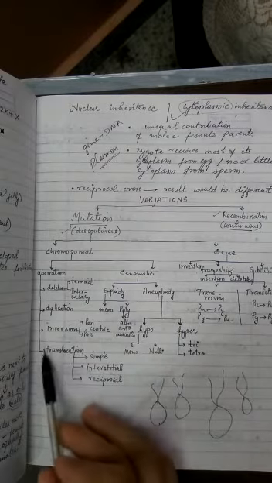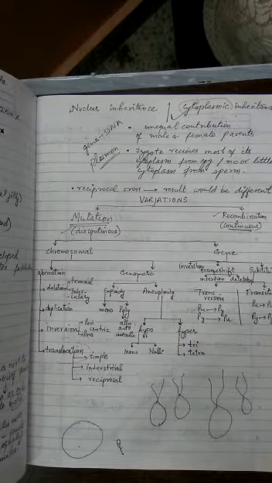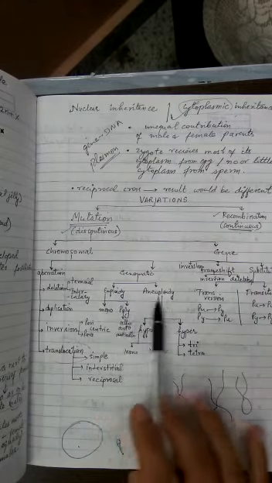So basically translocation is a type of illegitimate crossing over. It's a wrong type of crossing over, because the portion of the chromosome is moving from one chromosome to a non-homologous chromosome and attaches there. That's why it is something like a crossing over, but it's a wrong crossing over, also called translocation. Now genomic type of chromosomal mutations involve change in the number of chromosomes.